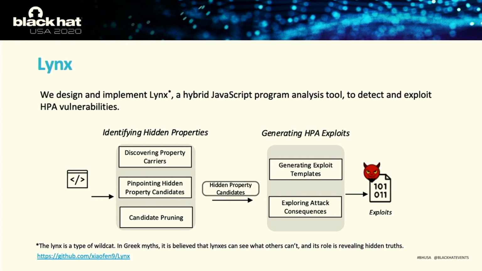The picture below gives a high-level workflow of Lynx. The tool mainly consists of two parts. The left part is for discovering the potential hidden properties, which is the core component in our system. It will first leverage dynamic data flow analysis to track the user input data flows, and then it uses static syntax analysis to infer potential hidden properties. The right part is about how we can detect the harmful hidden properties from all those potential candidates and generate